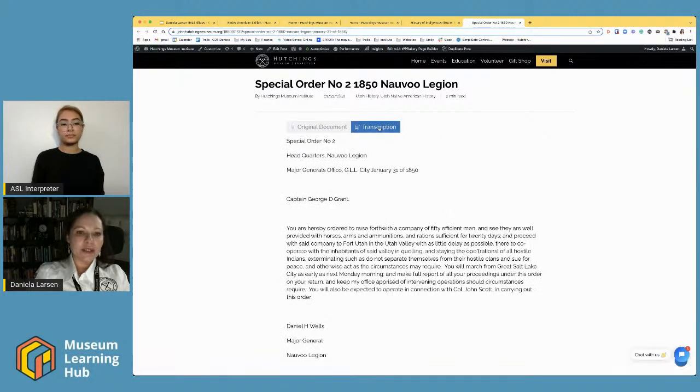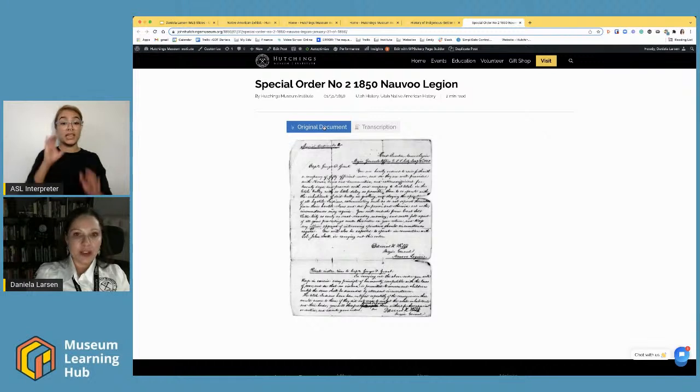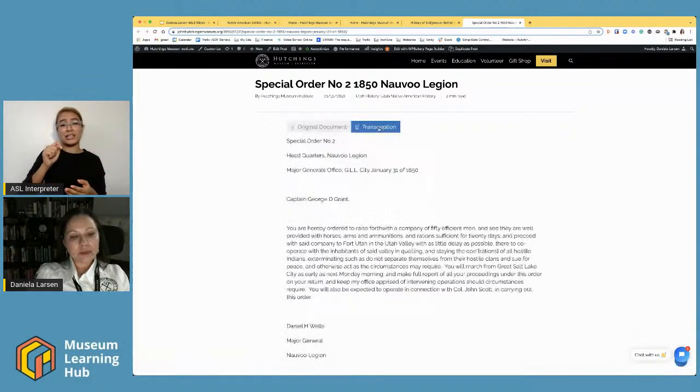We've transcribed it, because look at what other problem we have with transmitting information to another generation. How many of our teenagers could read this? I can hardly read this, but I know a lot of the kids that are coming through now haven't even learned cursive. So again, there's information that is not accessible. This is basically an extermination order that was given from the state to the Indians that were down at Fort Utah.